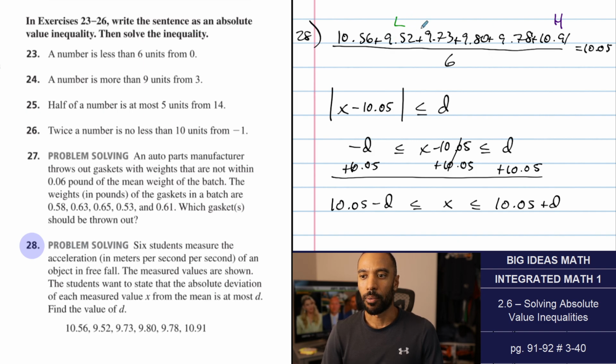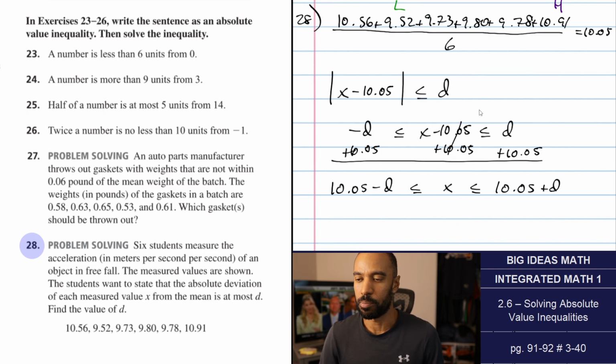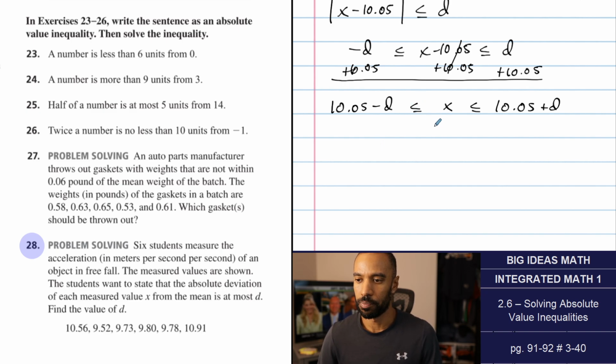Let's do this. I want these to be X. I want 9.52 to become X in this case. This is for the low. 9.52 must be greater than or equal to the distance here, like that. If I add D to both sides and subtract 9.52 from both sides,